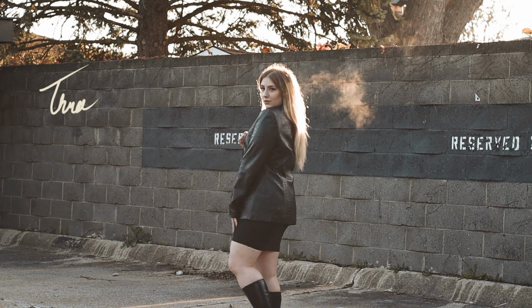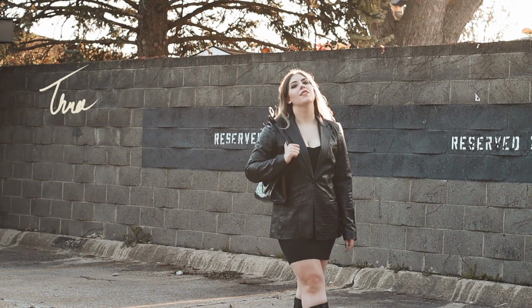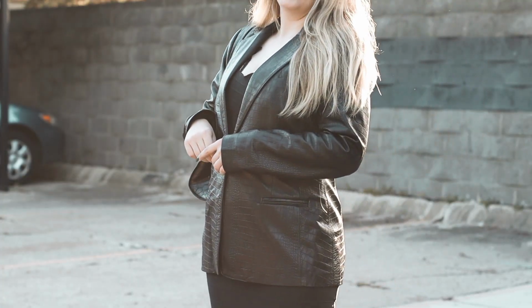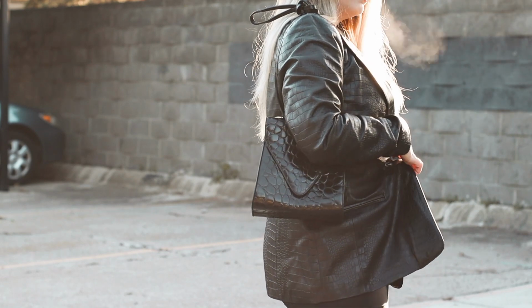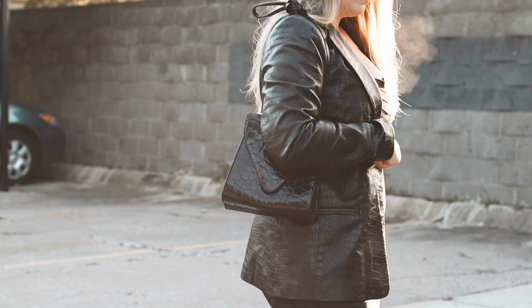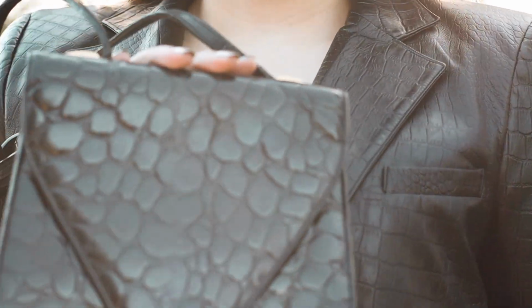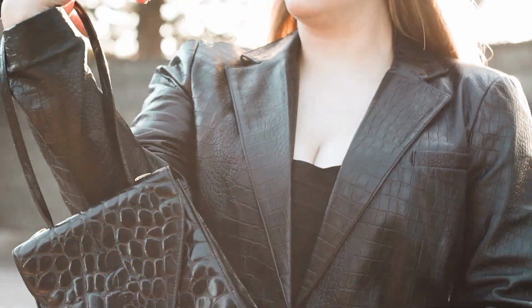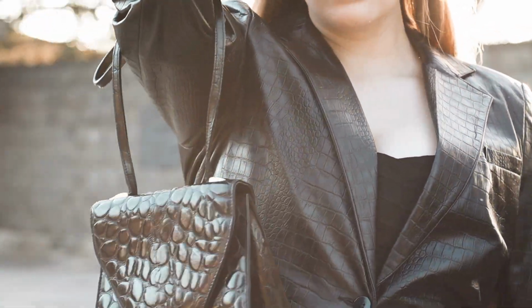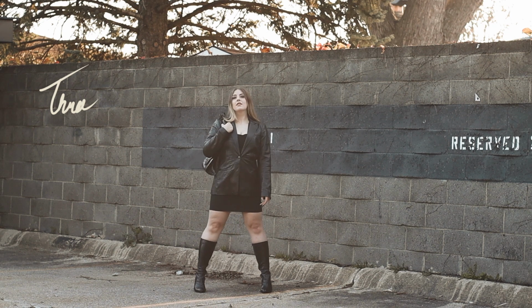Outfit number 3 is again really easy in my opinion to recreate because it consists of 3 major pieces. So obviously this beautiful oversized leather blazer paired over top of this tight bandage dress from shopakira.com, and these tall, not quite to the knee boots that are a fall staple for me. They're so comfortable and easy to walk in, and obviously they cover up some of the legs, so it keeps you a little bit warmer when you are wearing a dress in the colder months like I am here in